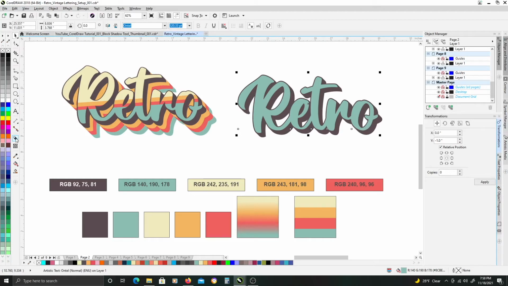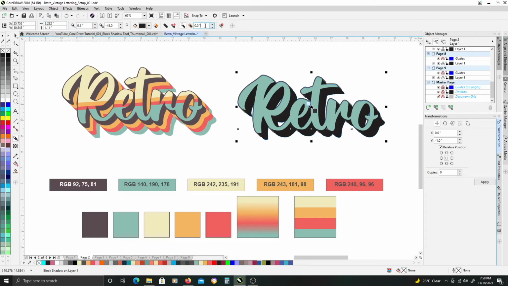So with that selected, go back to your block shadow tool, and this time we want to increase the depth by 0.3, so it would be 0.6 inches. And remember to add your shadow outline, so 0.1. Once you have that, hit Control K to break it apart and deselect everything, then select just your shadow and hit Shift Page Down to send it all the way to the back, and it'll